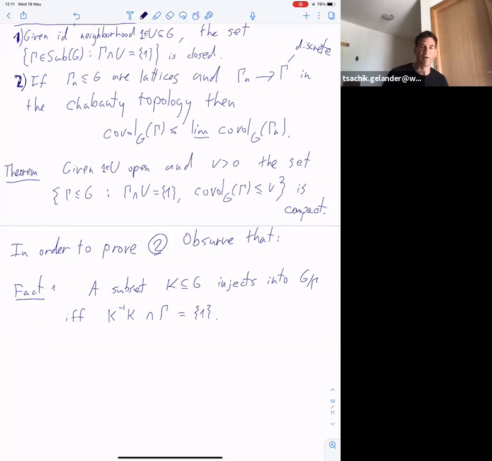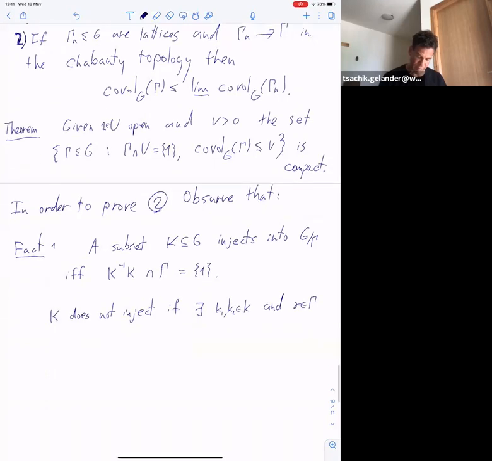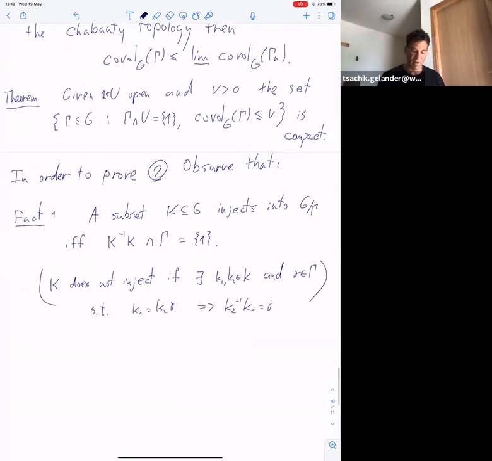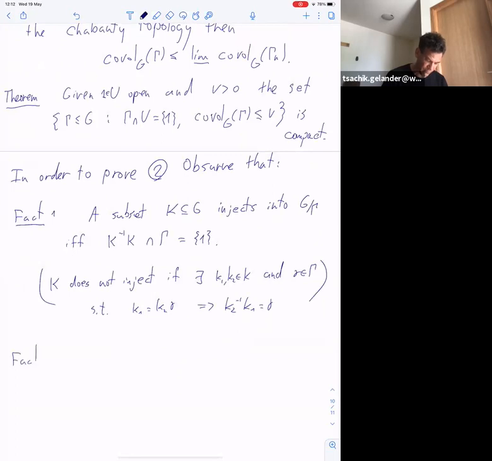Right? You see that? Because what does it mean not to inject? K does not inject if there are K1, K2 in K, and gamma in gamma, K1 is not K2 and gamma is not the trivial element, such that K1 equals K2 times gamma. So it means that K2 inverse K1 equals gamma. Okay, so fact 1 implies fact 2